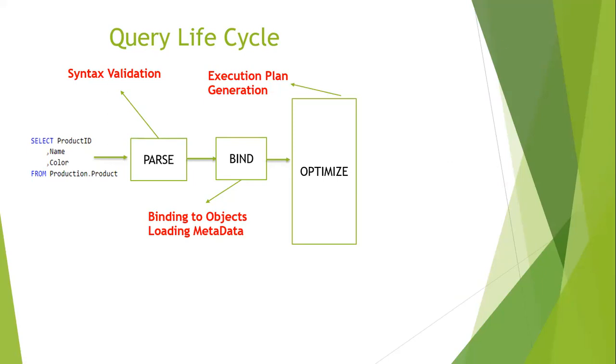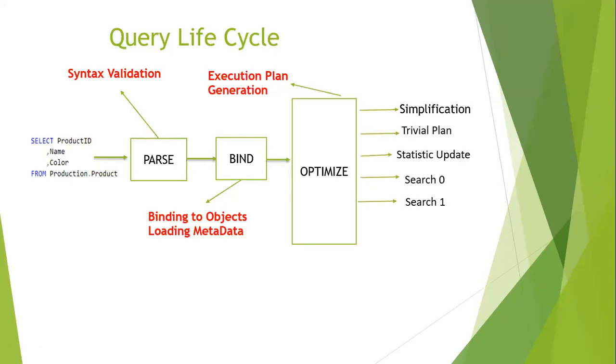Before it even generates a plan, it checks whether the existing plan is available in the plan cache, that is, in the memory or not, right? If the plan is not available, then it will go ahead and check further. So it checks whether the simplification,